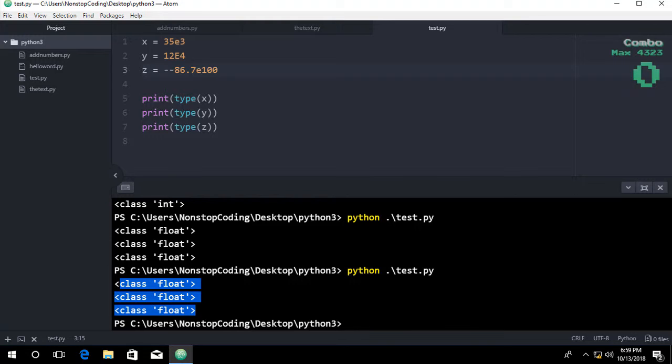complex. Complex numbers are written with a j as the imaginary part. For example,